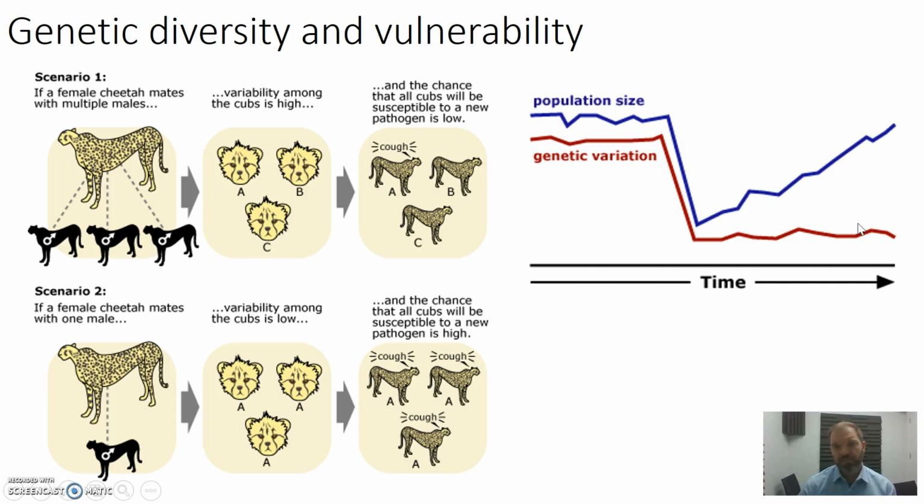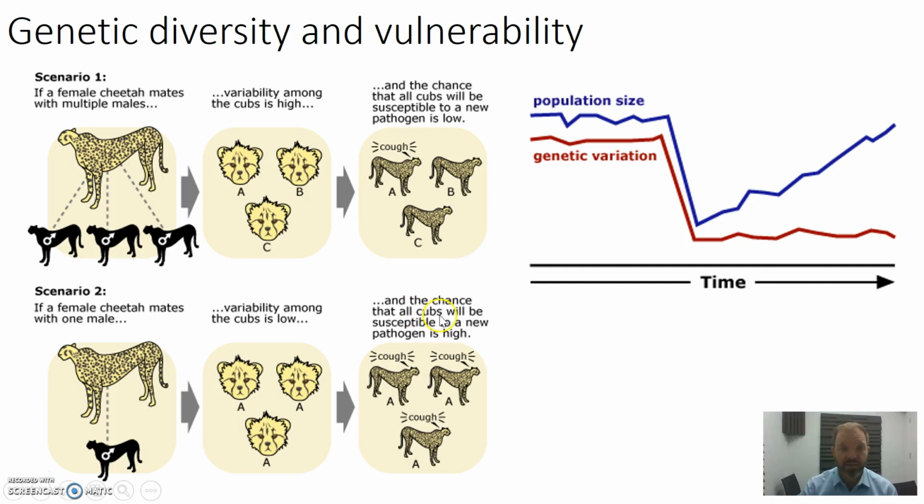Because remember, new alleles require useful mutations to accumulate in the population, or at least ones that don't have a damaging effect, and that happens fairly slowly. So you end up with low genetic diversity because you had a low founder population. The real problem with this is that the population you do have, even if it's the same size as it was originally, is more vulnerable because it's less genetically diverse. A lot of the members of that population have very similar genetics and therefore are very susceptible to the same kind of thing.